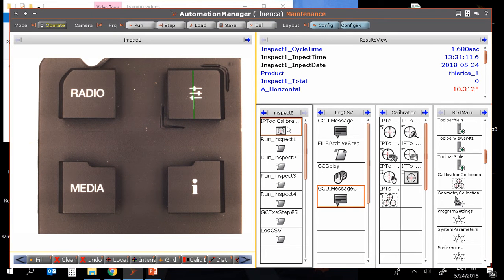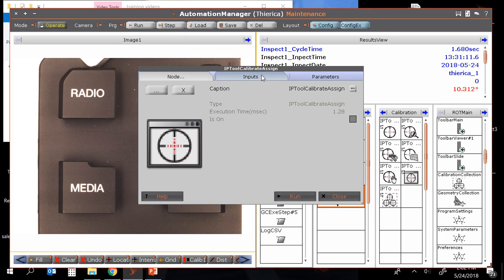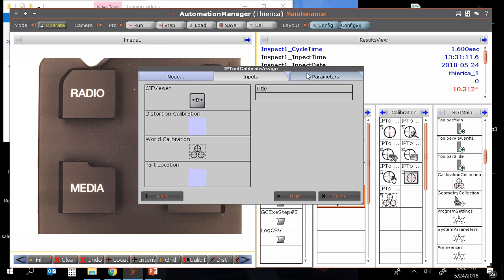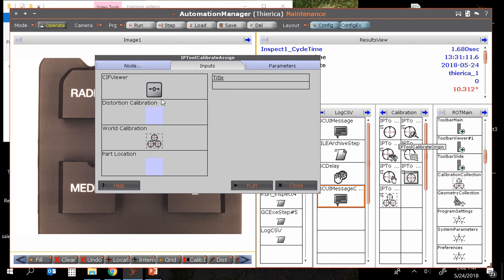So the next thing you do is go to your calibration palette tool set, and there's something called calibration assign. And I've put this calibration assign right here. And what you're doing is you're saying, okay, I'm going to assign some calibration. And you have to be physically in the configure mode to do this, but you've got the world calibration. You need to take this and drag it over here so that you're saying, hey, which calibration am